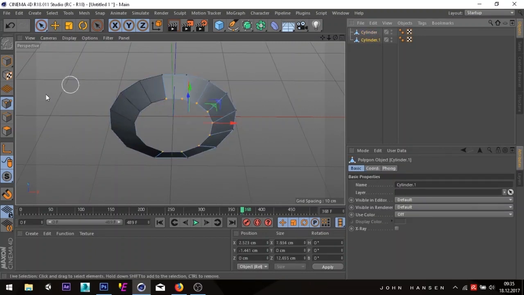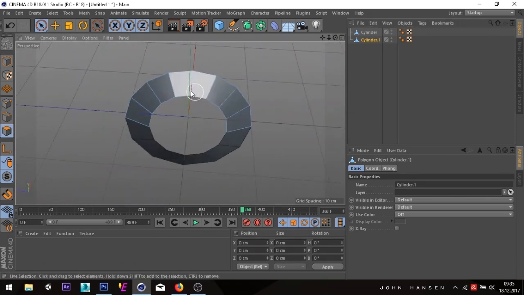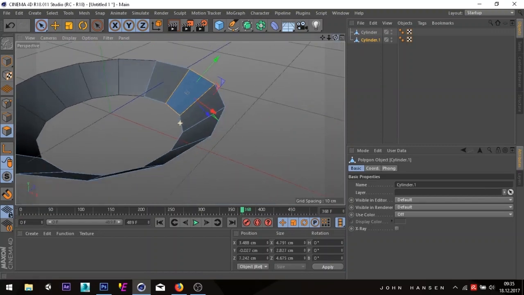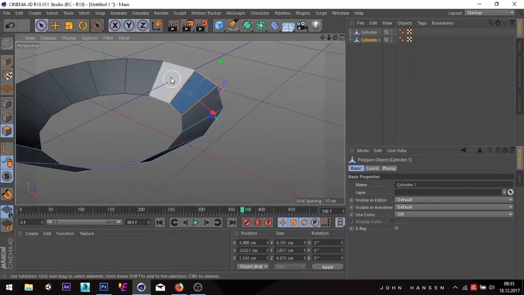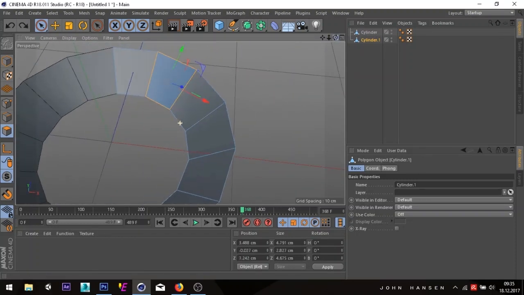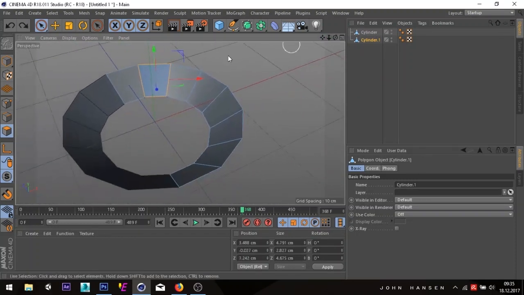There's one other thing we need to do, and this is actually we want to separate our polygons one from the other. What I mean with that is right now, when we have one polygon, it's connected by the vertices and the edges to the other polygons around it. When I move it, you see the other polygons are affected, and we don't want that. So we choose every second polygon,